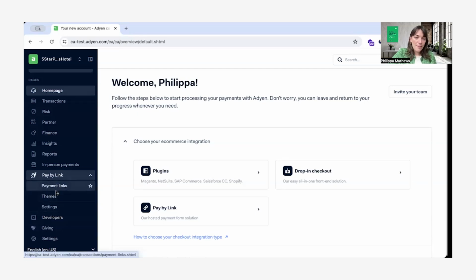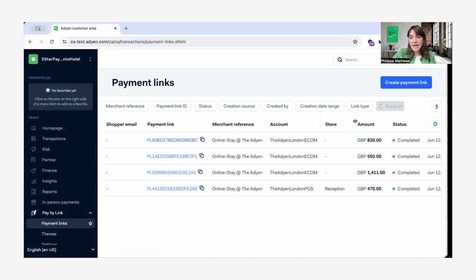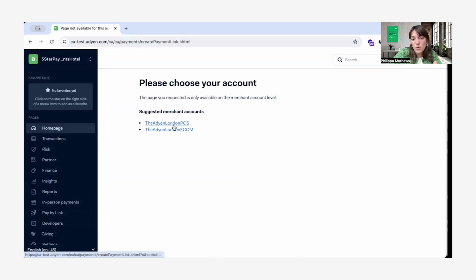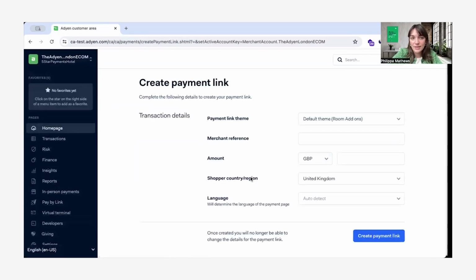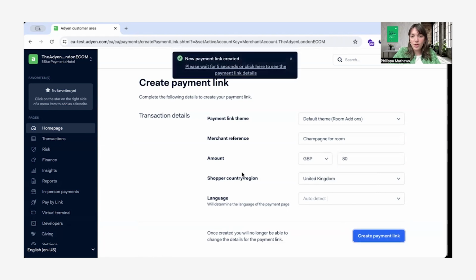So in order to create a payment link, you can come into here, hit create payment link. We need to do it for a particular account. So let's say it's the London Ecom. And you can use payment links for many reasons, but a lot of our hotels use them for things like room add-ons. So if someone calls up and says they want to add a bottle of champagne onto a room that maybe their friends are staying in, but it can also be used for any ad hoc event payments, etc. So here I can just put champagne for room, and let's say that was £80. I can create the payment link,